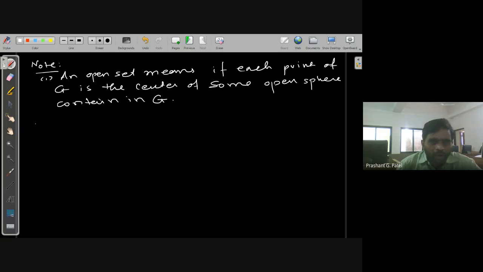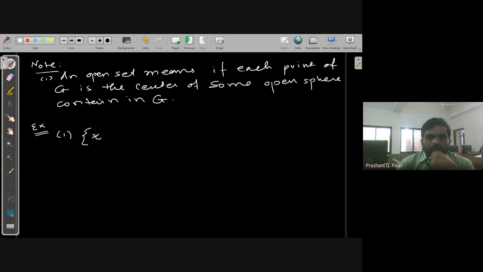Now we can talk about some examples here. When we can say the set is open, with examples you can visualize: yes, this is a set we can say is open, and this is a set we cannot say is open. For example, the simplest example is a singleton point.